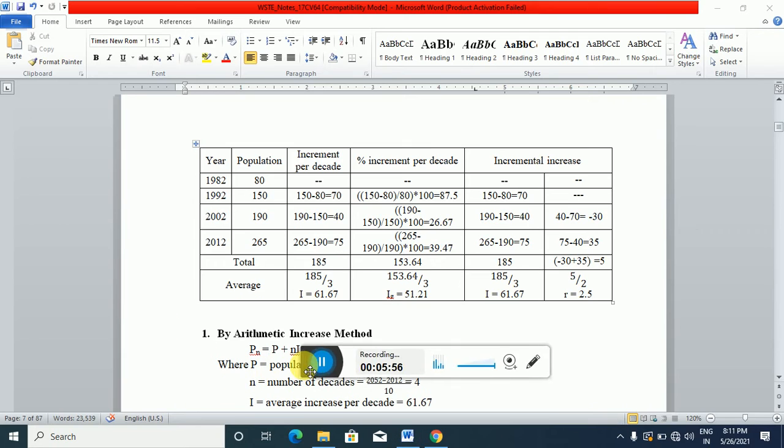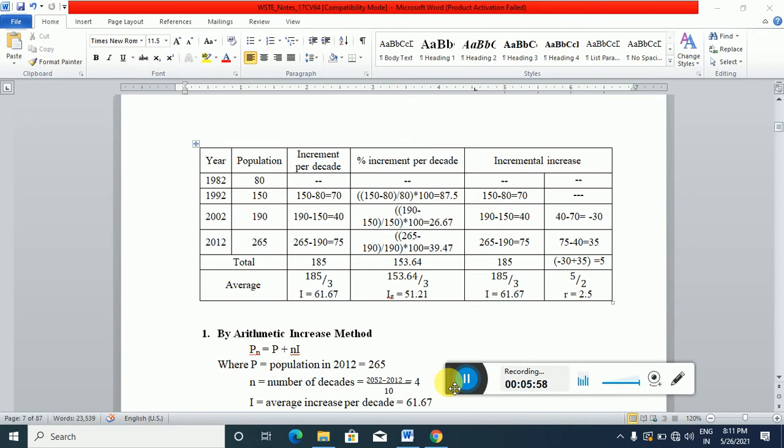Normally, as we have discussed, we design the water supply schemes for 3 to 4 decades. So in this numerical problem, we are supposed to estimate the future population of the next 4 decades. Next 4 decades means we have to estimate the population after 40 years from the year 2012, because we have to design the water supply schemes for the future population.